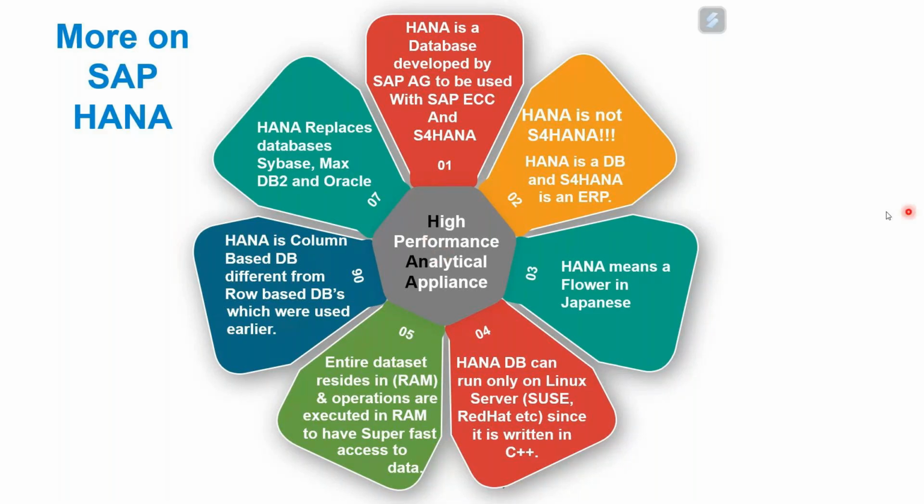And HANA is a column based DB. Earlier DBs used to be row based DBs. Row number one, row number two, three, four, etc. Every row used to have data, and that's how you would get your data. From row to row, the database would move and fetch you the data. HANA is a column based DB. So say you are in a class, you have stored information of all your students, and you want to fetch information for roll number 21. What it does is look at the roll number column, directly go to 21 and then fetch you the data from 21. That's how it works.